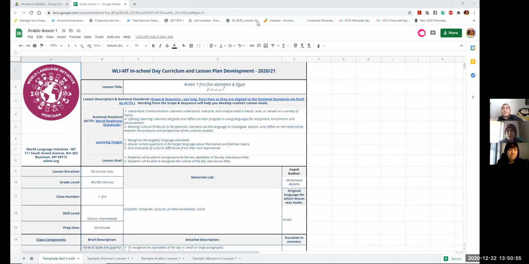This is where the secondary topic comes in. Basically, I'm teaching you 5 letters and letting you be familiar with them. But the second topic is actually what's going to bring the excitement. If you look, I said Arabic one, first 5 alphabets, and Egypt. And if we go down and read the lesson,